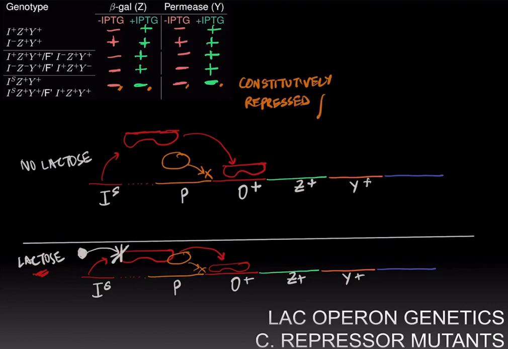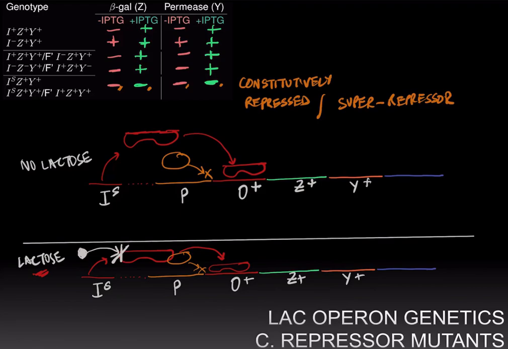And this mutant is called the super repressor, since it is able to repress in the condition where lactose is present, where the wild type repressor is not able to repress